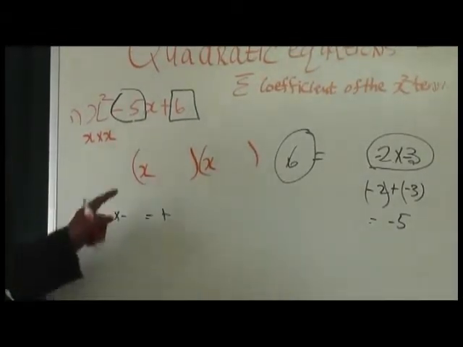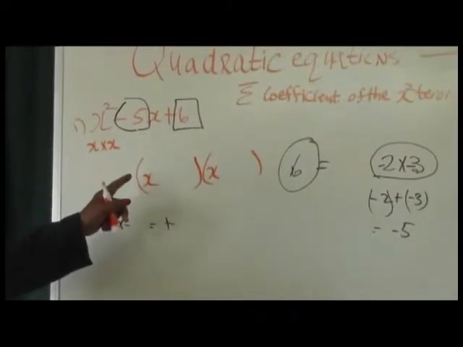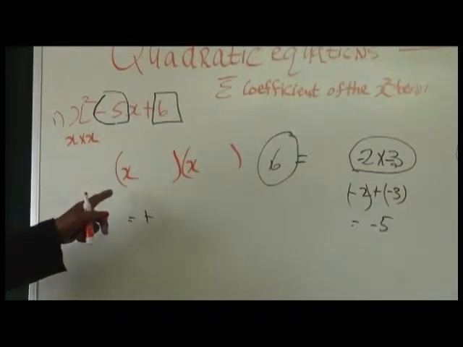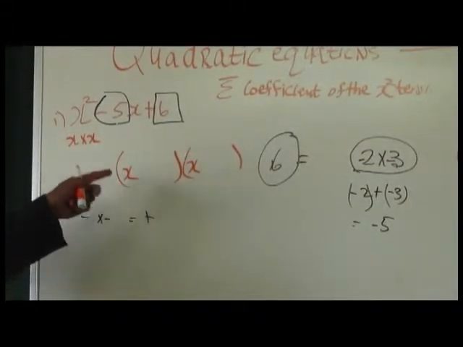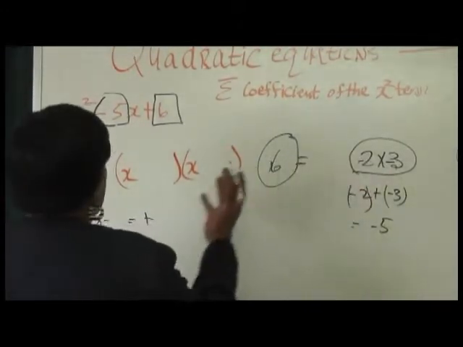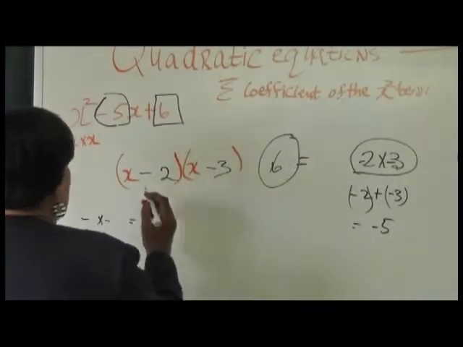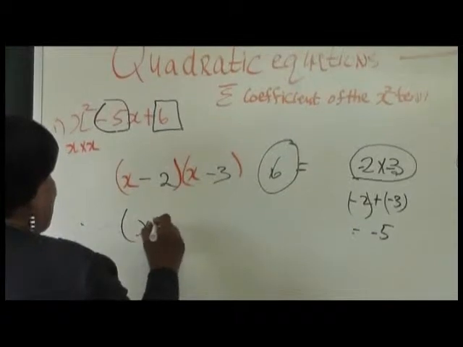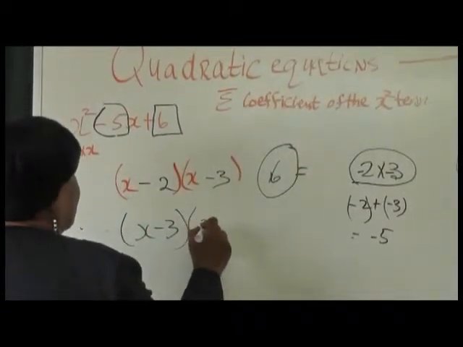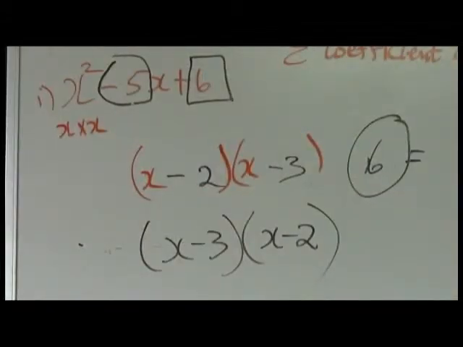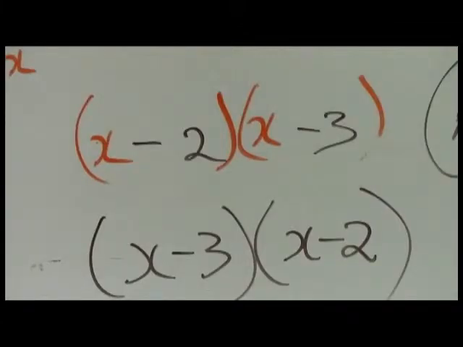So these are the factors that we can use. And because in this case, the coefficient of the x squared term is 1, I have to go back to tell you something that I said. The coefficient of the x squared term is 1. We can fit these numbers in either of the brackets. So we can choose to write x - 2, x - 3. Or if someone had written x - 3 times x - 2, that is correct. Because again, what do we know? We know the commutative law, right? The commutative law says the order in which we multiply or add numbers does not matter. And that is our answer.